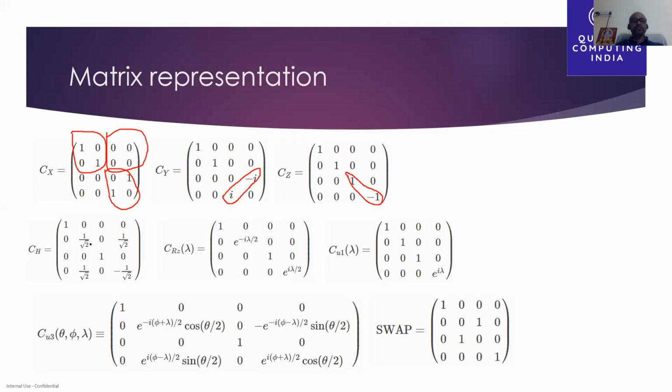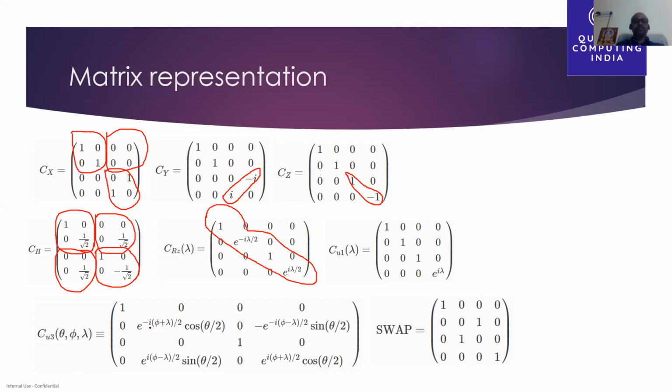Then the Hadamard operation, you remember that Hadamard is 1 by square root 2. That Hadamard is applied in all portions. You can see here, it is not only in the diagonal. It is there as 1 by root 2 in all 4 quadrants. Because in coherent superposition, you know that the spin position is present in both 0 and 1, somewhere in between. That's the reason why we have to cover all 4 quadrants. But in CRZ only 2, so only the diagonal data are covered.